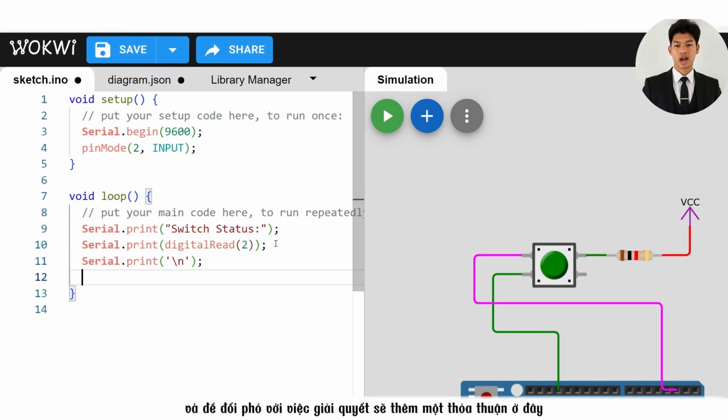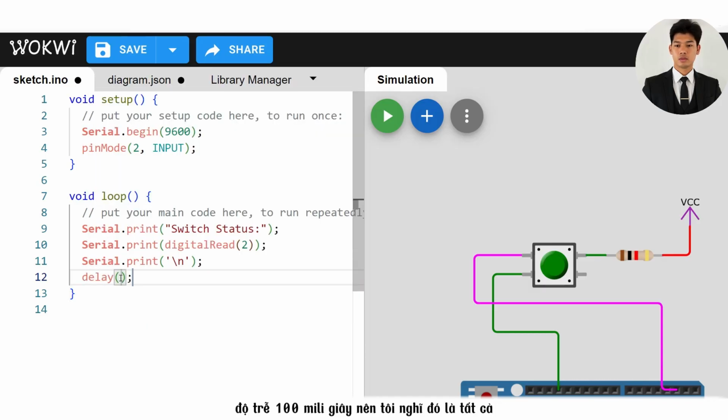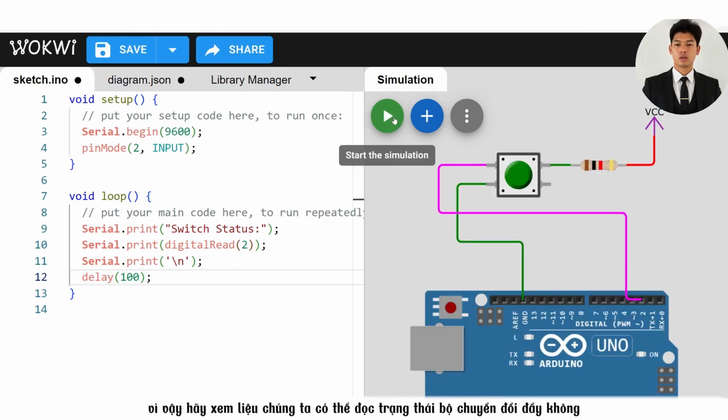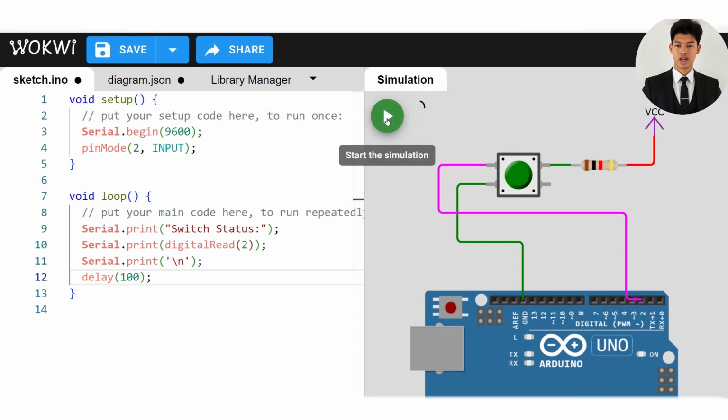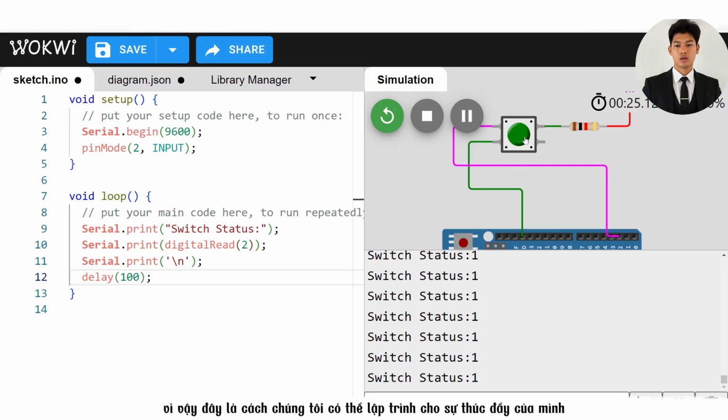And to deal with debouncing, we'll add a delay here. Delay of 100 milliseconds, so I think that's all. So let's see if we can read the push switch status from this program. As we have mentioned earlier, I haven't pressed the switch here. That is why the pull-up resistor is giving a high value here, and it is reading 1. Once I press this switch, I have pressed this now and it is giving us 0. Once I release it, it will give us 1. So this is how we can program for our push button